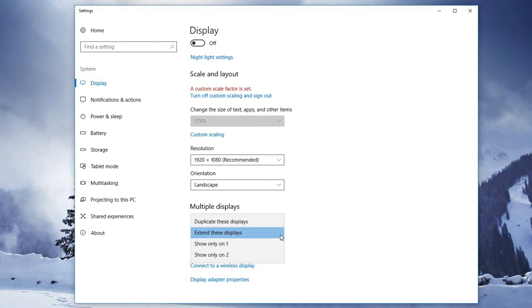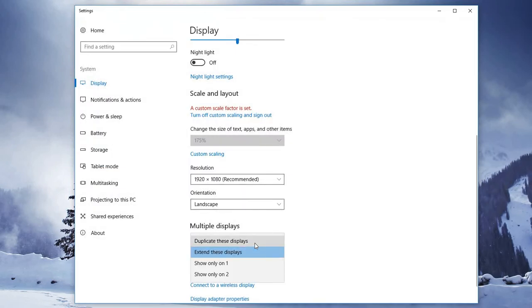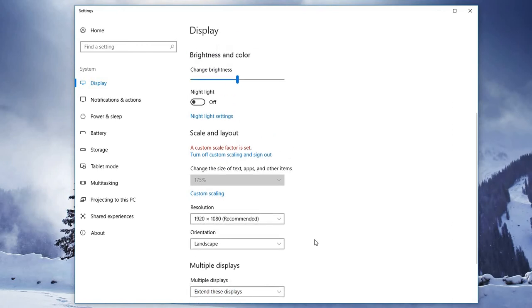So by default, Windows typically goes to duplicate these displays. And you'll know that you're on duplicate these displays because whatever happens on one screen happens on the other screen at the same time. Whereas extend these displays, whatever's happening on one is not duplicated on the other. It's as if your desktop is now the size of the two screens combined and that those screens are connected somehow. So you select extend these displays,